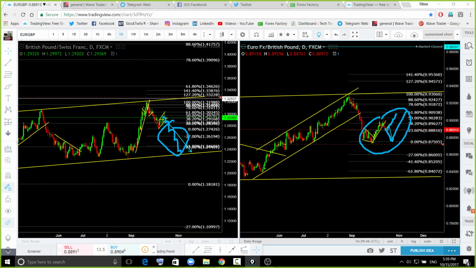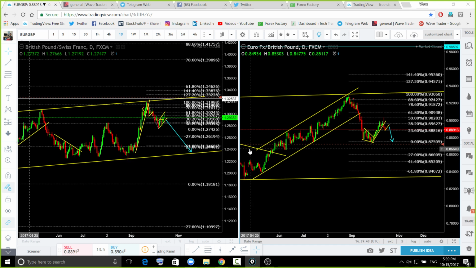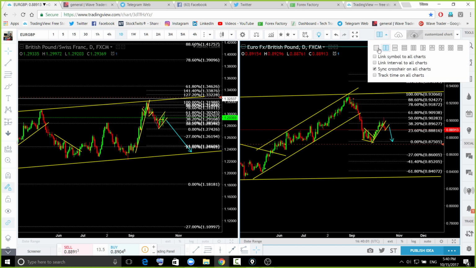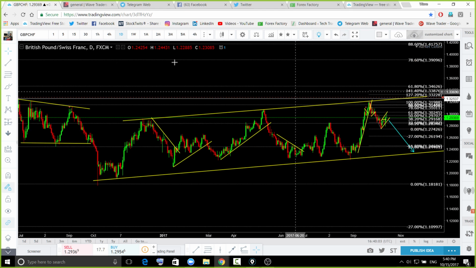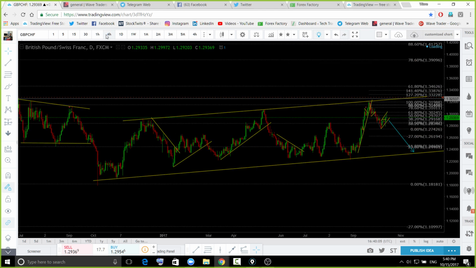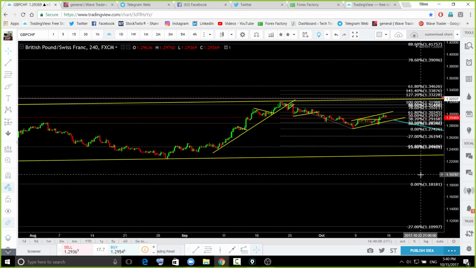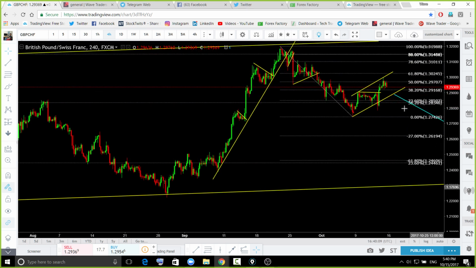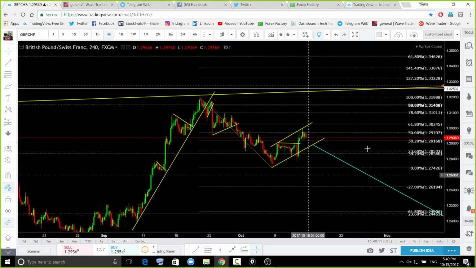That might be because of the pound or euro or pound chief. But in a bigger time frame, these two pairs follow each other. So you have to be careful taking the same trade in the same direction on both pairs at the same time. Okay, so that is the pound chief. Now let's look at the lower time frame. Similar formation like